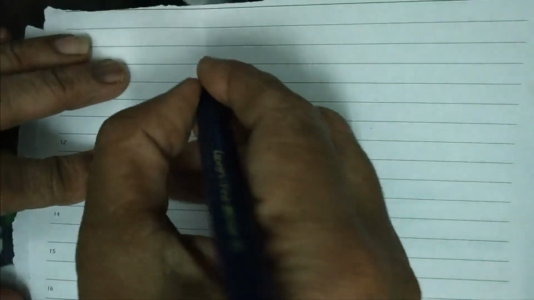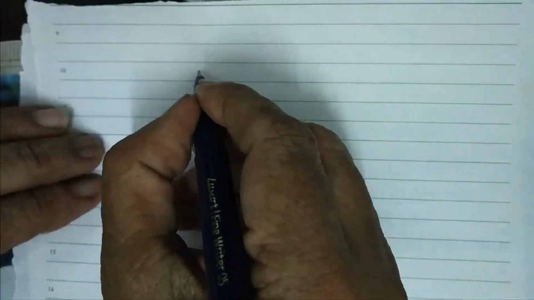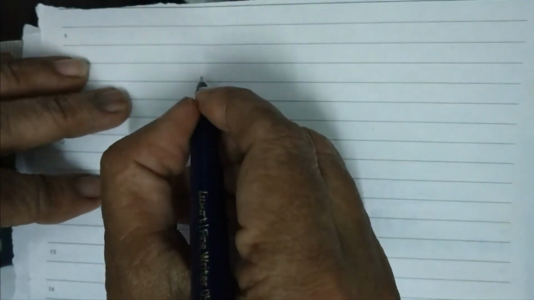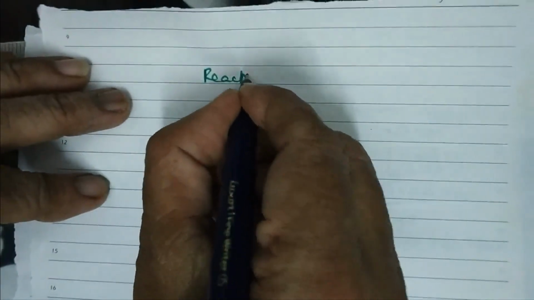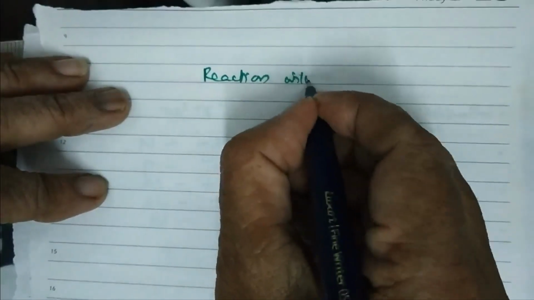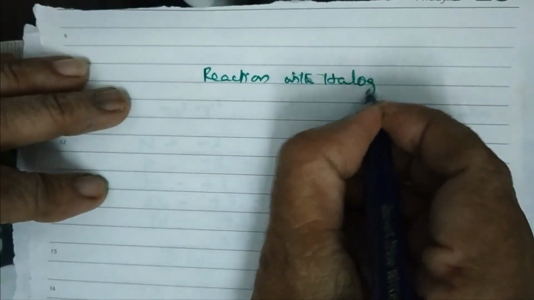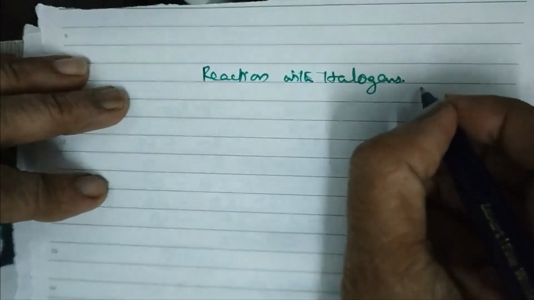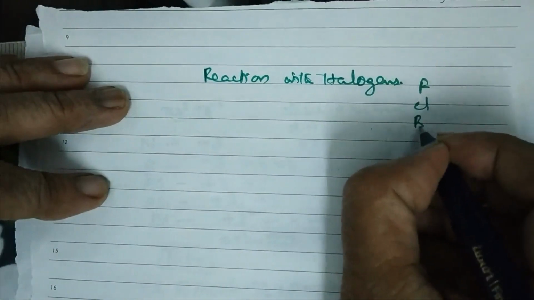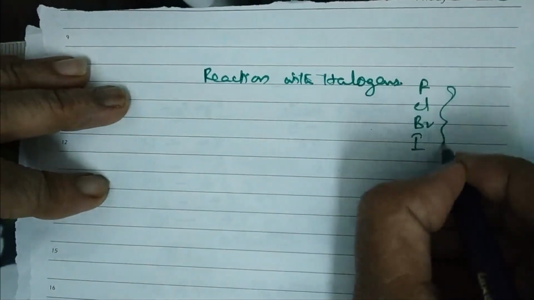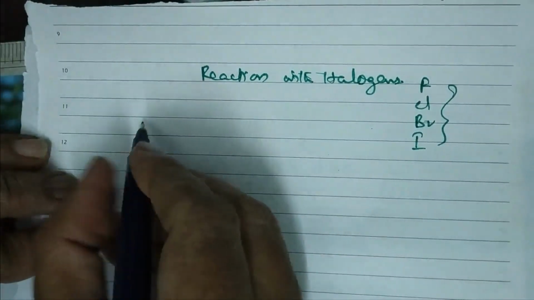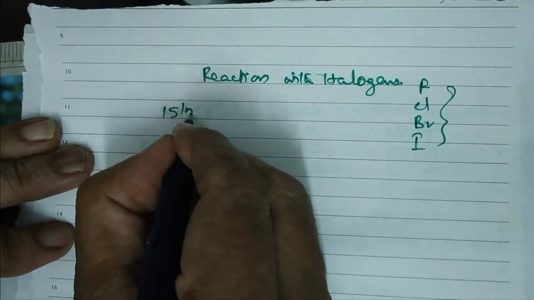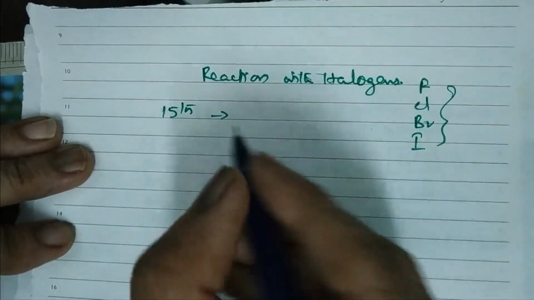Next we will learn about the reaction between 15th group elements and halogens. So, reactions with halogens. What are halogens? Halogens are fluorine, chlorine, bromine, iodine. These are the main halogens. When 15th group elements react with the halogens,